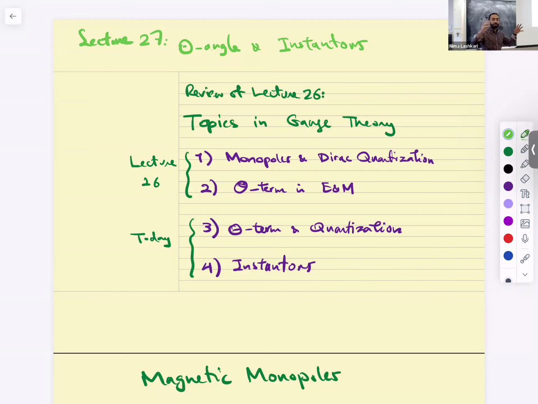This whole story of the previous lecture and this lecture is going to be about these topologically non-trivial gauge configurations. And they're absolutely essential to gauge theories. They're at the core of the idea of introducing A mu.